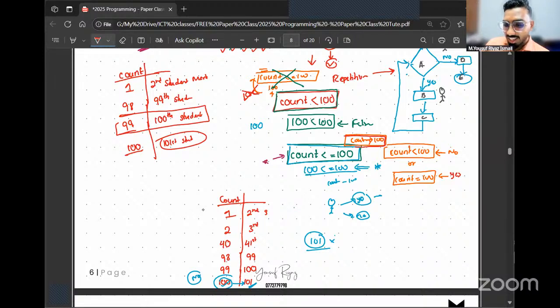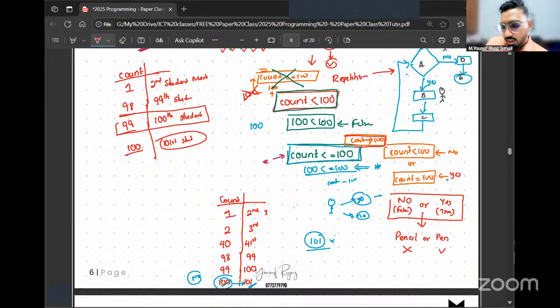Now, using your logic gates knowledge, when one of the instructions is false and the other instruction is true, what will be the overall result? Let me put this in a simple perspective. Let's say I'm telling you to come to the class, you need a pencil or pen. You don't have a pencil, but you have a pen. Can you come for the class?